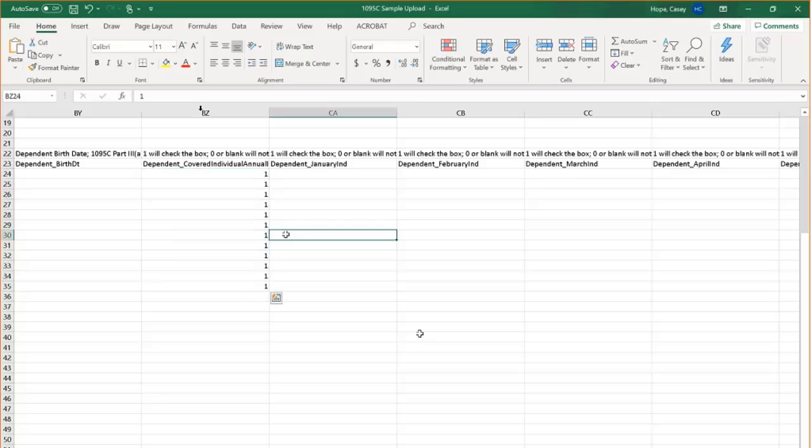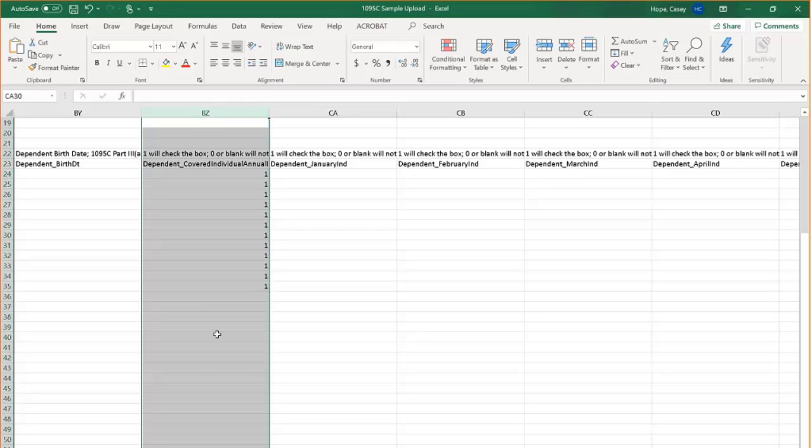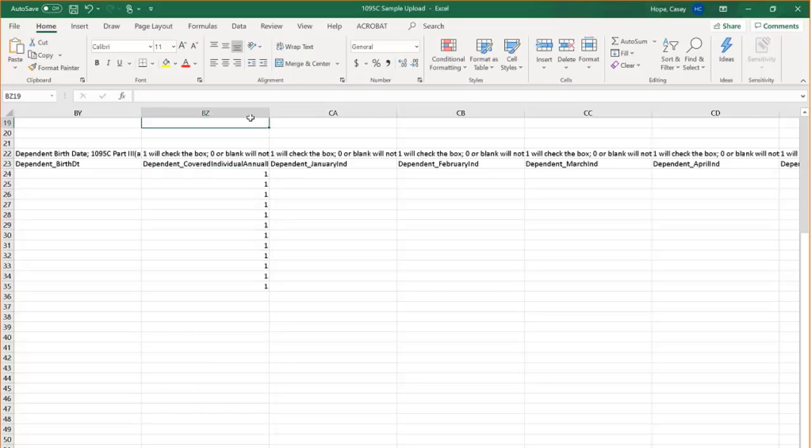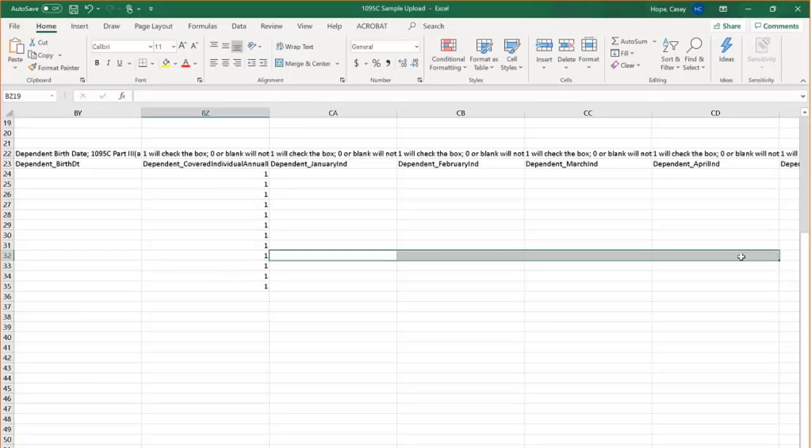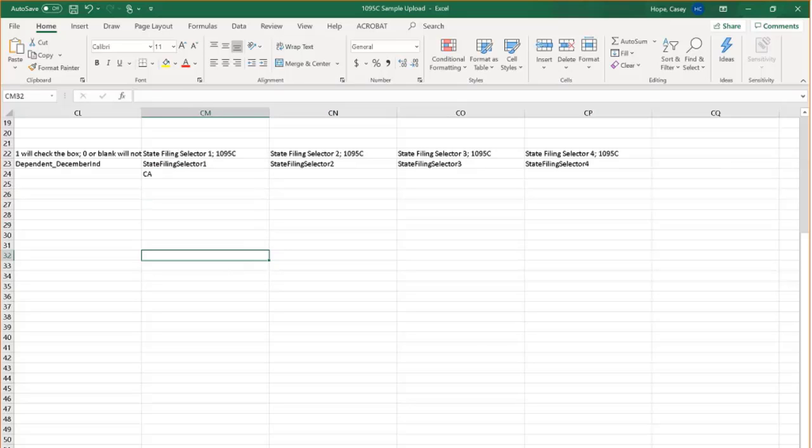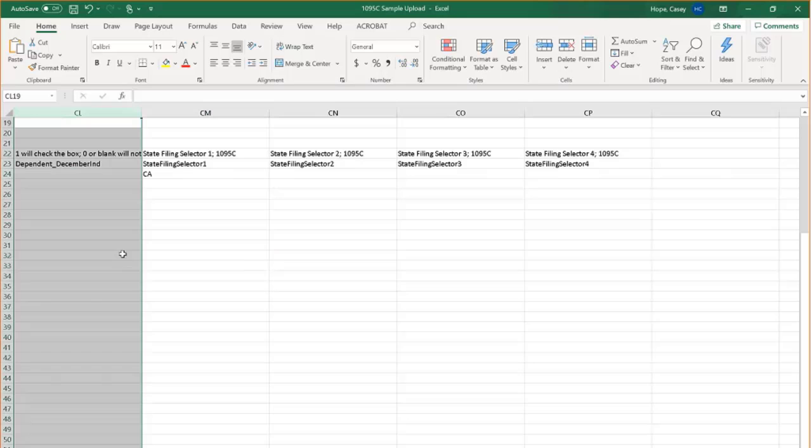So as that translates on the spreadsheet, you put a 1 in here for anyone who was covered, anyone, employee or dependent, who was covered all year. If they were not covered all year, you leave it blank or put a 0 and put your 1s in the months in which they were covered. Okay, so again, going through to December, this is taking us almost all the way to the end of our